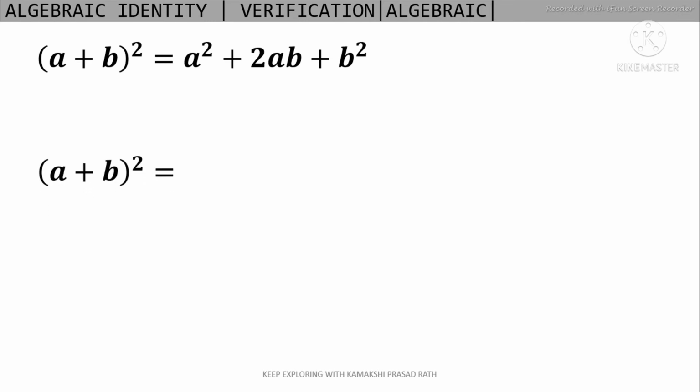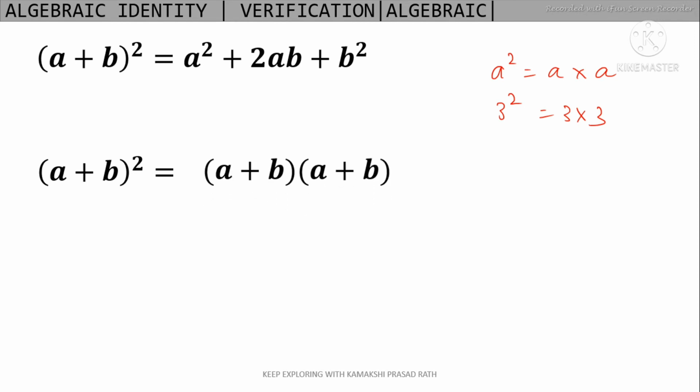When we talk of whole square, when I say A squared it means A multiplied by A, and when you say 3 squared, it's 3 multiplied by 3. Hence we can say here (A plus B) whole squared will be (A plus B) multiplied by (A plus B). So that is repeated multiplication. Now we'll use the expansion formula. So (A plus B) into (A plus B), we will use the polynomial multiplication.